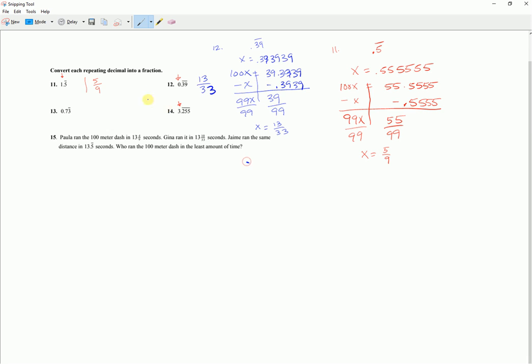That was number 12. And so number 13, notice this time, this is where it does get a little bit tricky. 13 and 14 have a little bit different steps. So let's see if we can do 13 down here. There's no whole number to worry about. And we know that it's 0.73, and the repeat is just on the 3. So x is equal to 0.733333. So we'll do our same first move. 100x is equal to